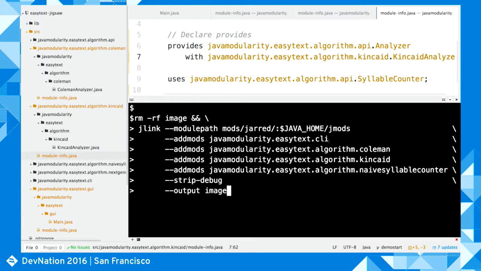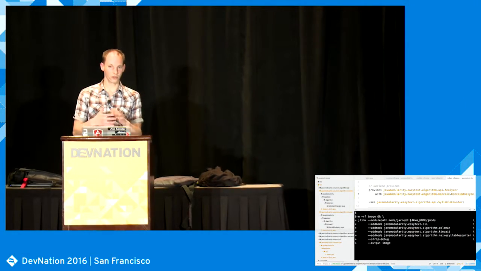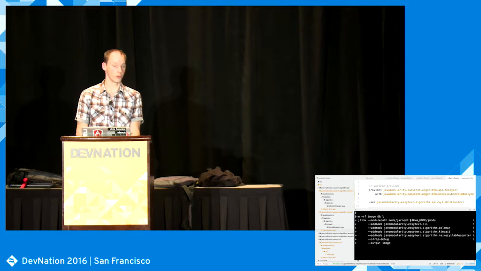And there's some discussion going on whether that's going to stay that way or not, but anyway, currently the whole services part is more dynamic, and you have to select yourself which service implementations you want to bundle. But the requires relations, yeah, those are really modules that are necessary to run and compile your code.